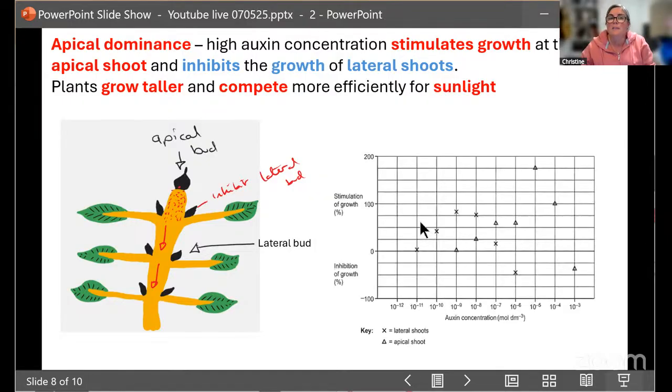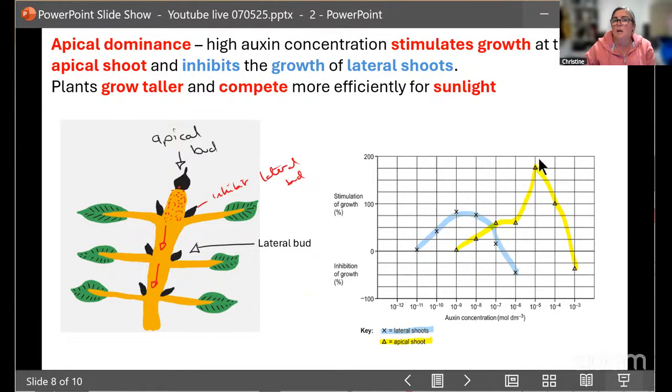So if we understand that and we look at this graph that they have given before, where there was a stimulation of growth percentage, inhibition of growth down here. So the key thing to do, if it were me in the exam, is I would be using my highlighters to highlight the different parts that they've shown me with a key. So what I can see here is my blue goes up and then back down again.